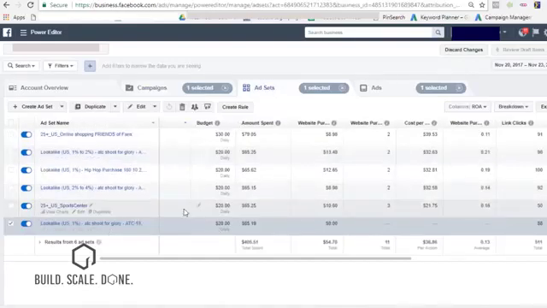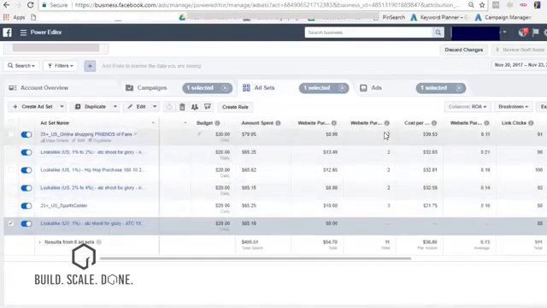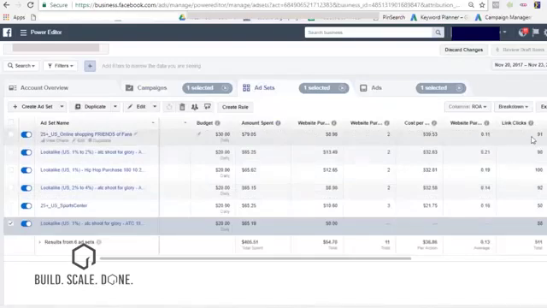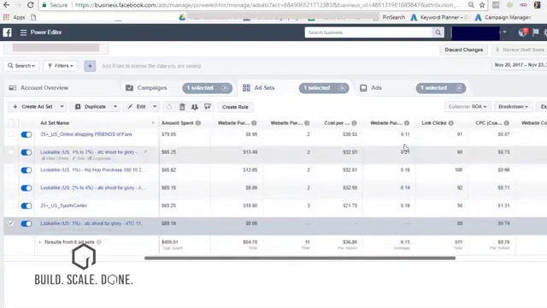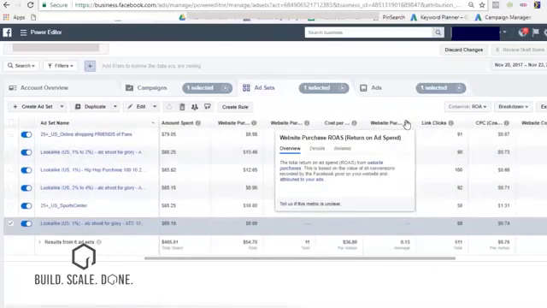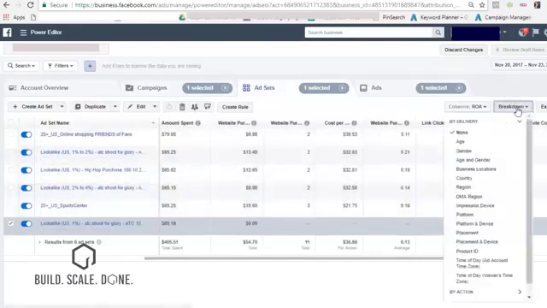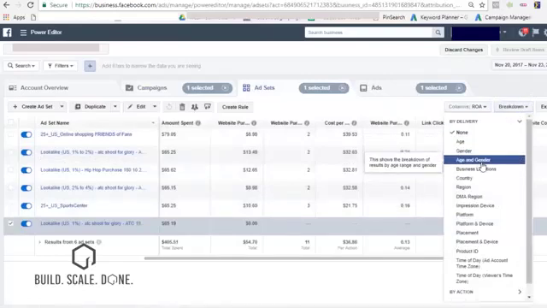That's the process 6-2. So this is how I analyze the data. Once again, I'm looking at purchases, I'm looking at amount spent, and really at the end of the day, the number one metric you want is ROAS. This trumps all. If you have a 2.1 ROAS, that means you're making money on this, right? And I'm looking at the CPCs, and then if you want, you can break down into age and gender. You can see who's buying, what age range,